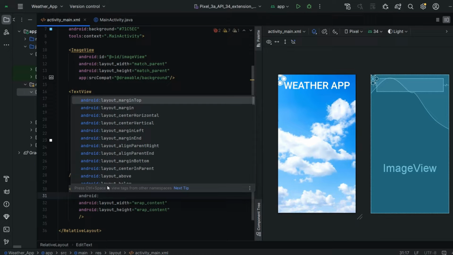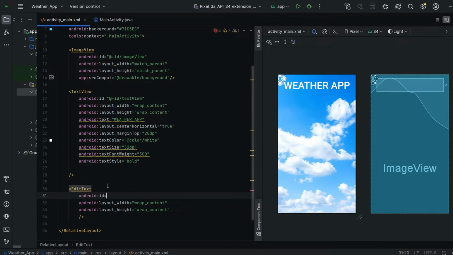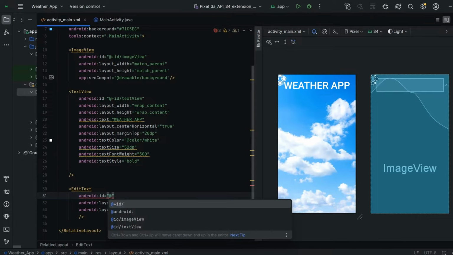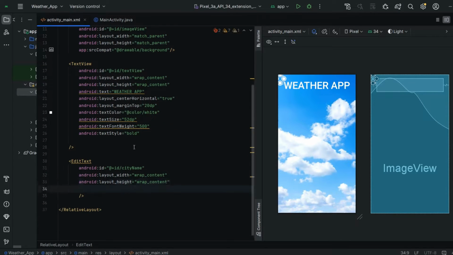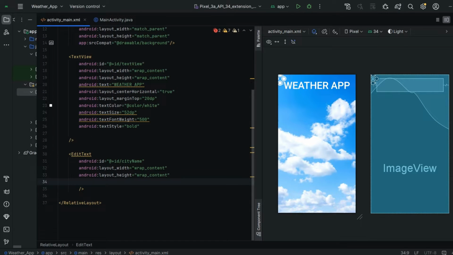So for that purpose, ID is mandatory. android:id equals, here I am going to give the ID name as cityName. Okay, guys, see here our EditText was created.